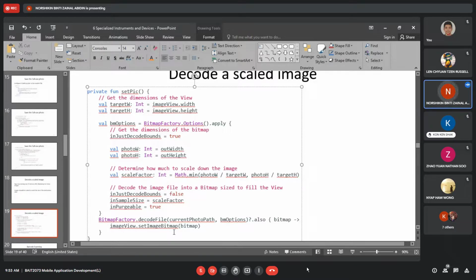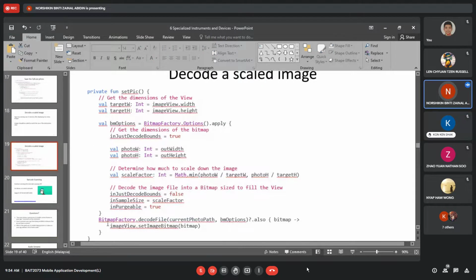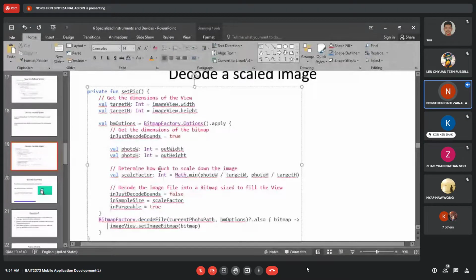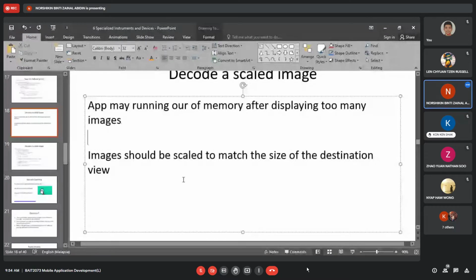That means this is the last result. Basically your app will do the scaling, not us as the user, your app. So this is the process to decode a scaled image, but this only happens if the app is running out of memory. If not, then it won't.